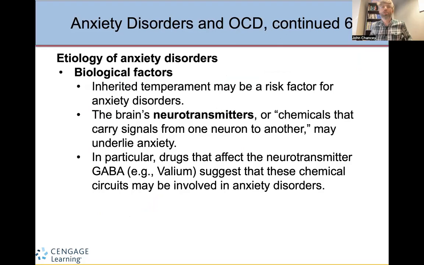So where do these anxiety disorders come from? What is their etiology? There are biological factors. All of these disorders are going to have biopsychosocial elements to them. For one thing, we inherit temperament in terms of how we react to the world, and anxiety disorders from our biological parents. We also have neurotransmitters like serotonin, epinephrine, GABA, for example, that are involved in the expression of anxiety or whether or not we experience anxiety. So medications might be used directly to treat at the neurotransmitter level, which we'll talk more about in chapter 15.